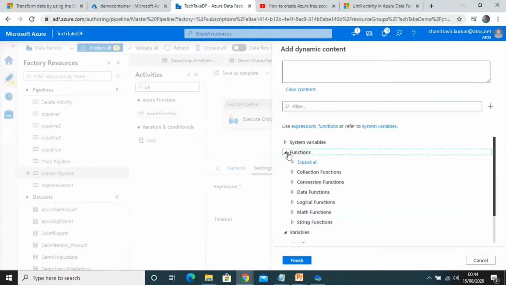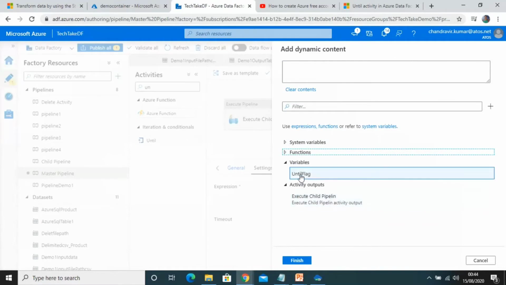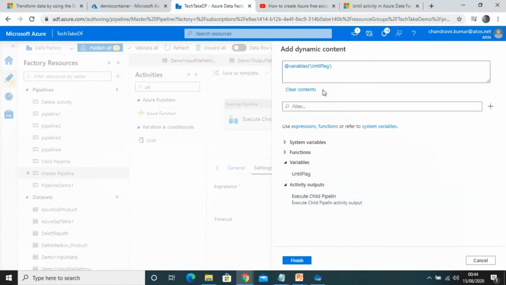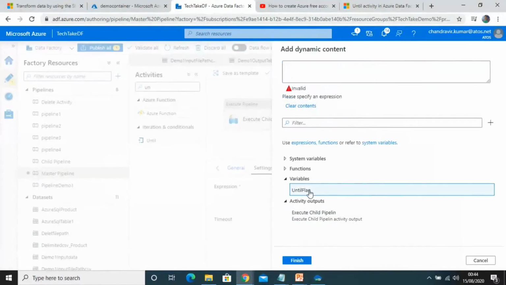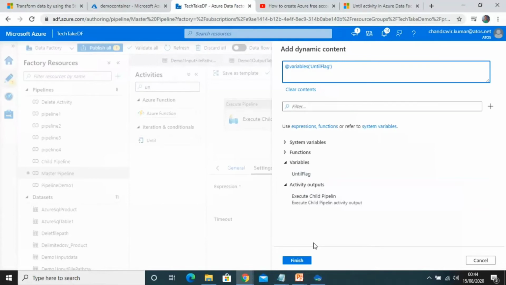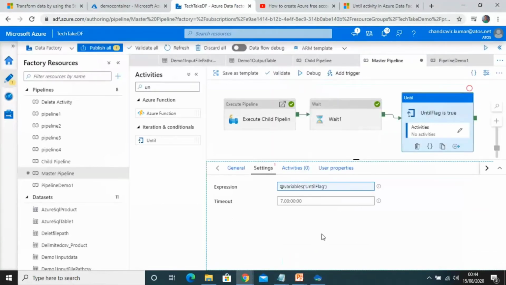You can just go to dynamic content and select this until flag as a variable. You can see that at first this is just a variable of type string that we are using, until flag. In the next step I will show you. Let's not use bool right now, just use this default value, clear it and use until flag. I will tell you why we are using this.